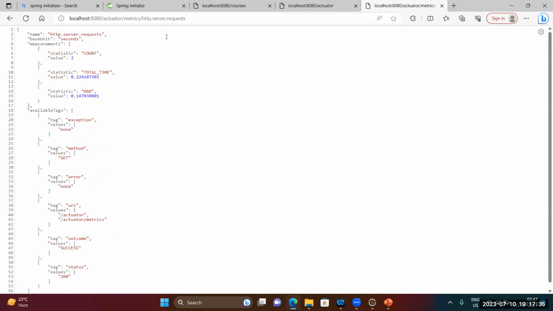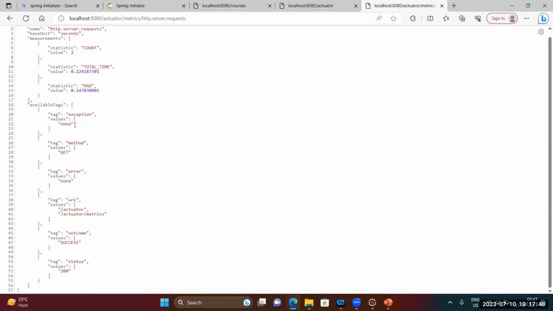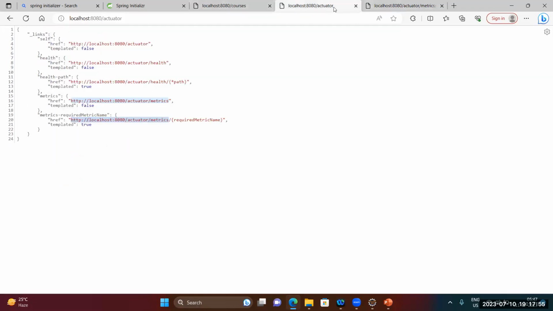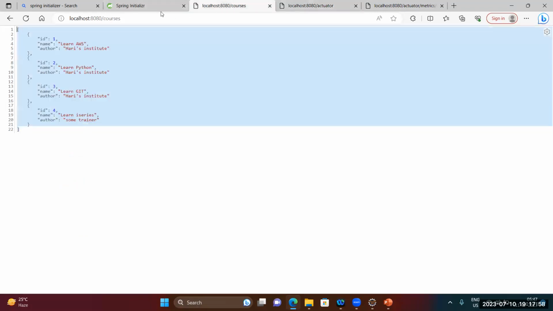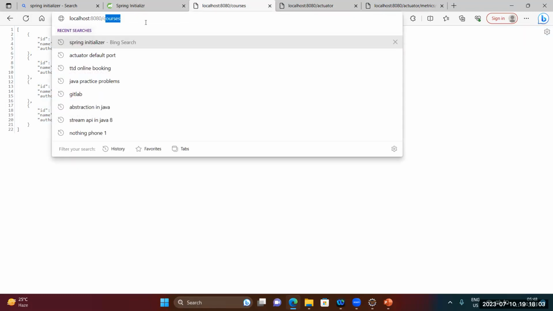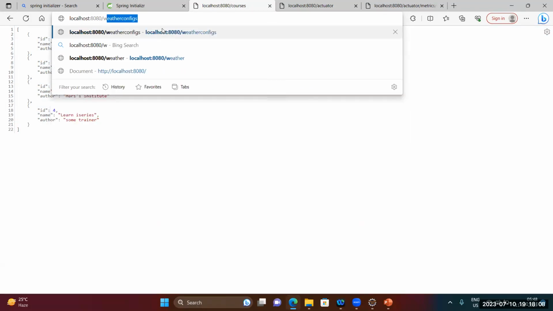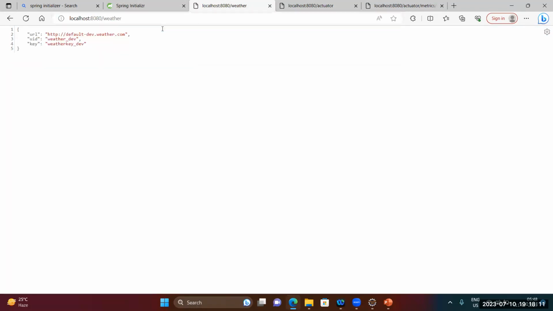Yeah, so these are all the HTTP server requests. There are only two requests which came in till now, and the average time of it and the maximum time of it to respond back. And these, it did not update. Okay, so what I'm going to do now is hit the localhost courses and localhost weather config, everything. Okay, so